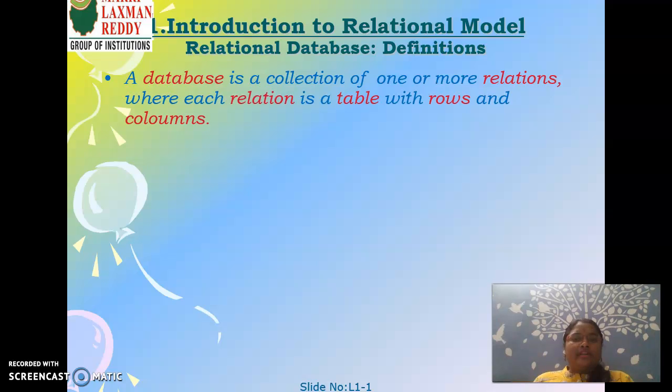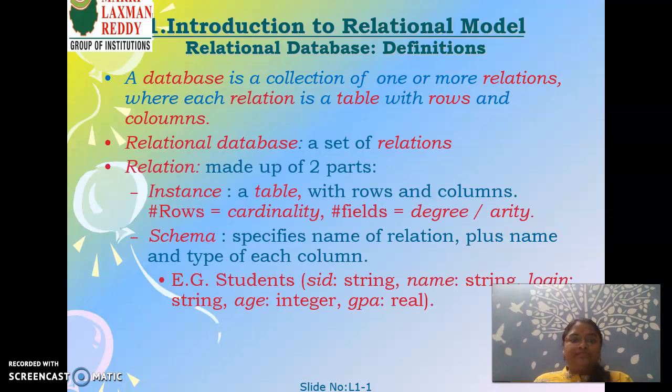So before going to that, let us study what a relational model is. What is a relation? A relation is nothing but a table. So a relational model means a collection of tables. Here we take the data in the form of tables and we store the data in the tables. As you all know, tables contain rows and columns. So the definition I can give is that a relational database is a set of relations. What is a relation? A relation is nothing but a table.